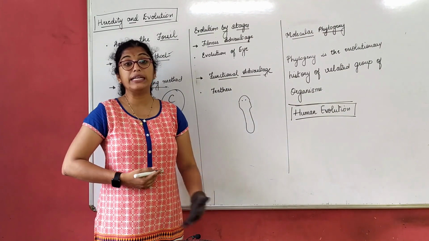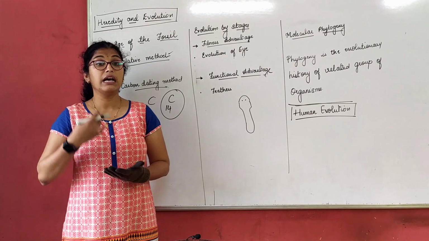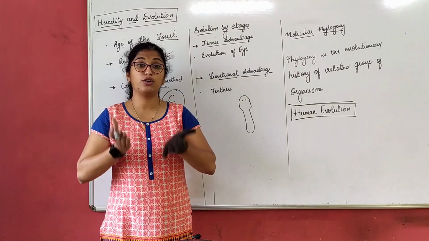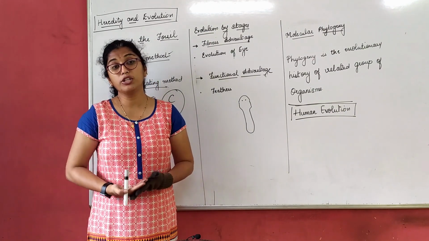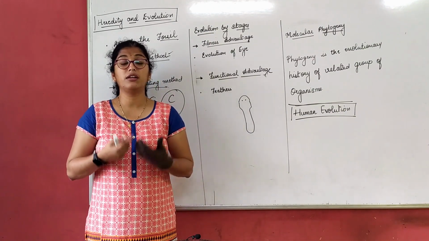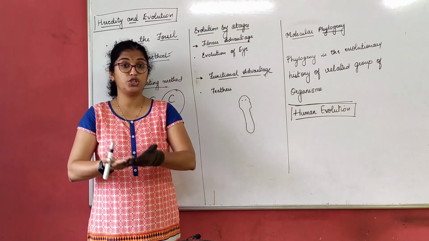Then when we talk about insects, they have compound eyes. Now what are compound eyes? Eyes which are there on either side of the head. Now we humans have binocular eyes. Now what do you mean by binocular? We can focus on a single object through our vision.